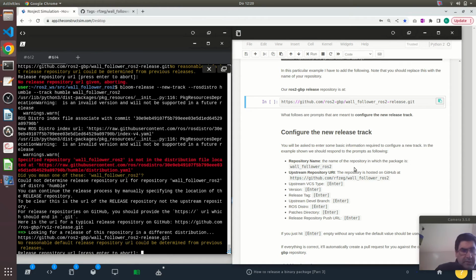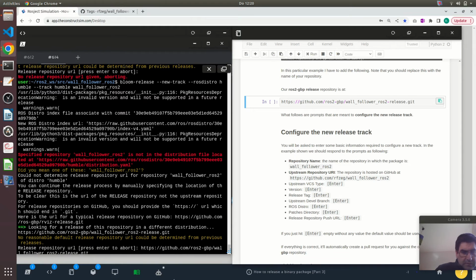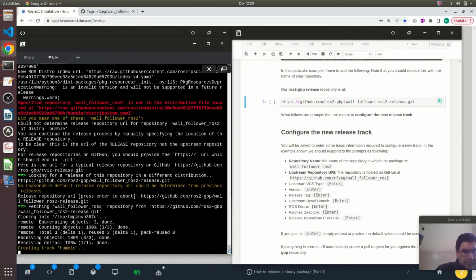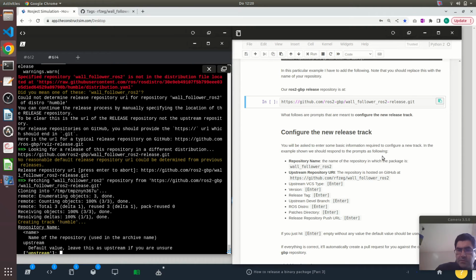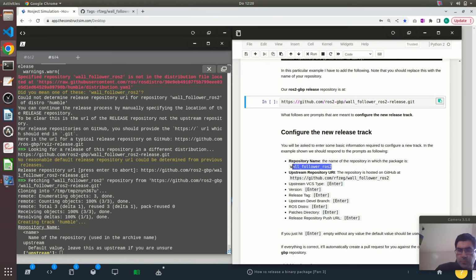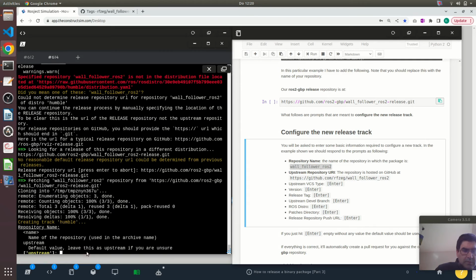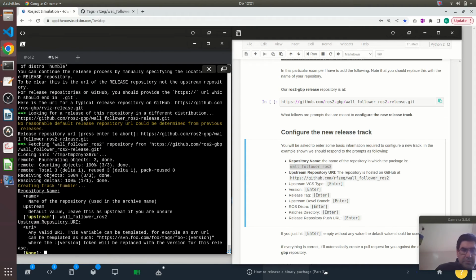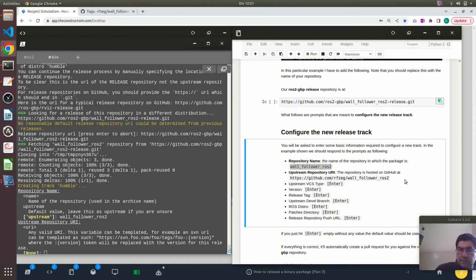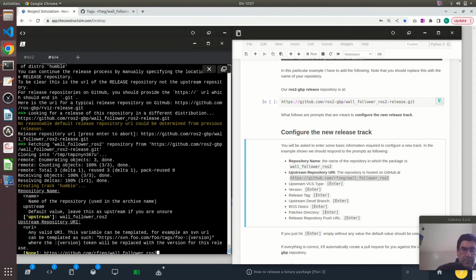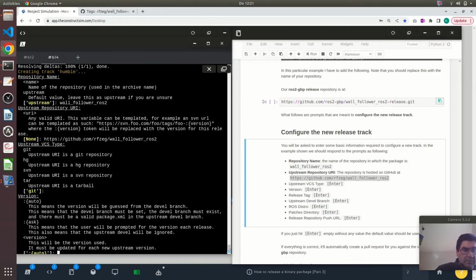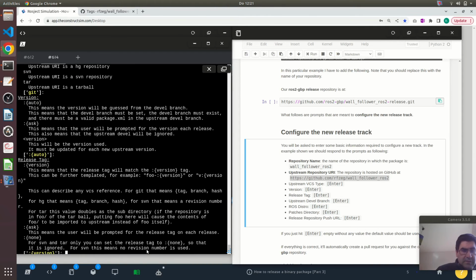The repository URL, just enter this. Great, repository name. Repository URI, I'm taking this here from my notes. Git version. So here I press enter, and release tag